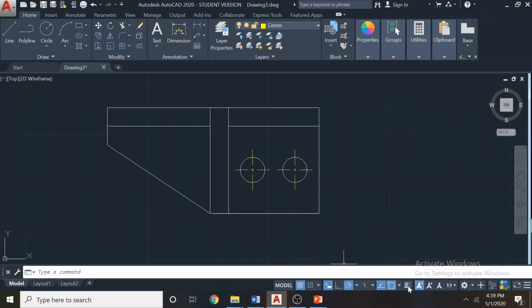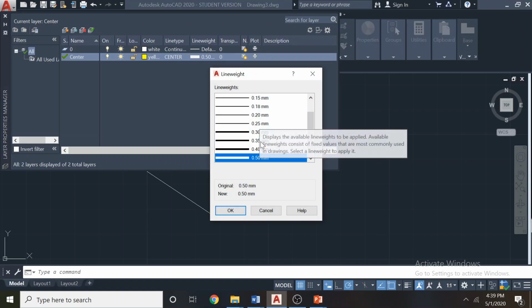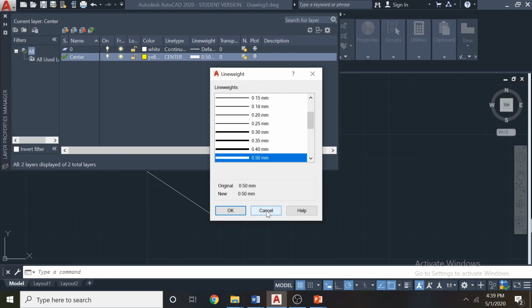You can come here, turn off, turn on the line weights. Even though you turn off the line weights here, when you take a printout, automatically the correct line weight will be applied. Normally we are not turning this on because it takes some computer memory, so we can turn it off and on and off as required. And now if you look at the line weight here, it's in millimeters. Sometimes we may be given a question with the line weight in inches. How can you change these units to inches?